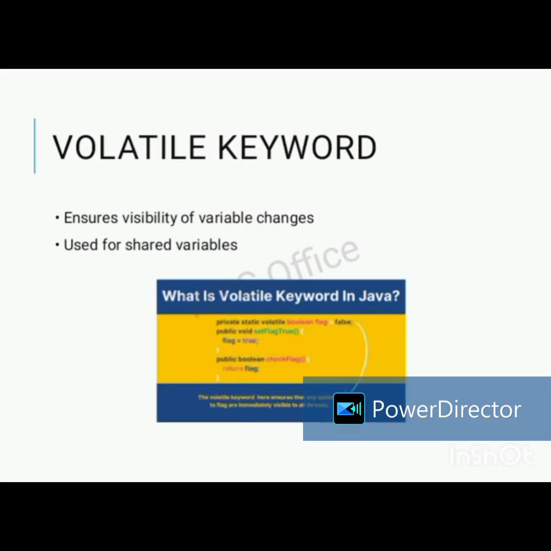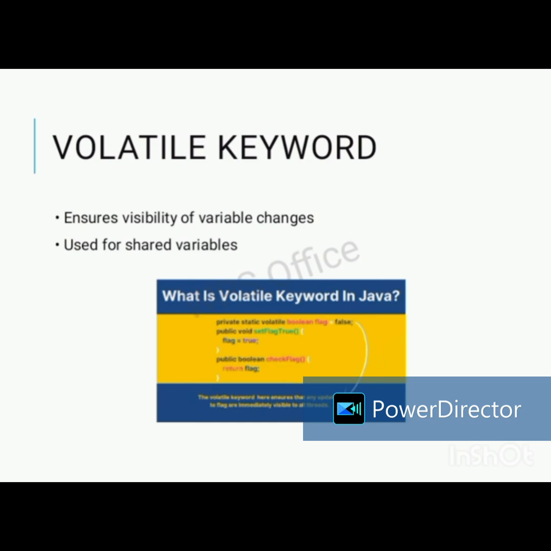Volatile keyword. In Java multithreading, memory consistency is just as important as synchronization. One tool that helps ensure this is the volatile keyword. It is used to indicate that a variable's value may be changed by multiple threads, and that changes made by one thread should be immediately visible to others. Without the volatile keyword, the JVM and CPU may cache variables for performance reasons, which can lead to threads reading inconsistent values. When a variable is declared as volatile, it guarantees: